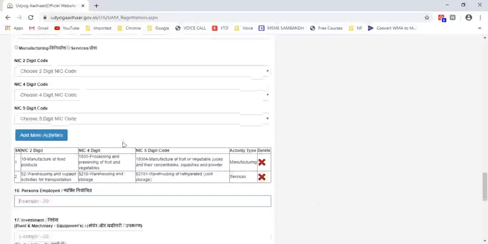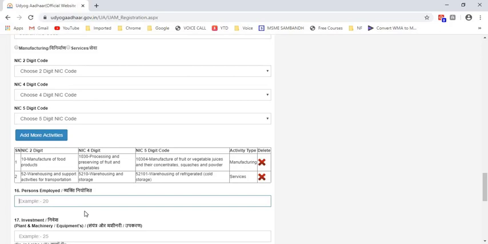So don't worry if you are not aware of NIC code or product which you cannot find in the list. Choose something near to your business. So once you register for MSME, you can come back anytime and you can modify that one. You can delete, add more activities, change the activity also. Okay. So don't be worried about making mistakes. You can comfortably go ahead. You can choose whatever activity you are doing. If you cannot find that particular activity, you can choose a nearby activity. Okay. Later date, you can change that activity on consultation with some professional.